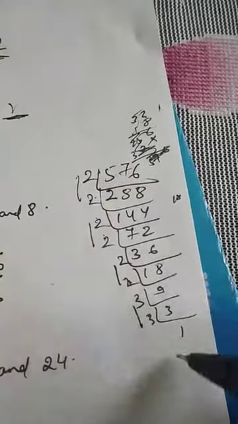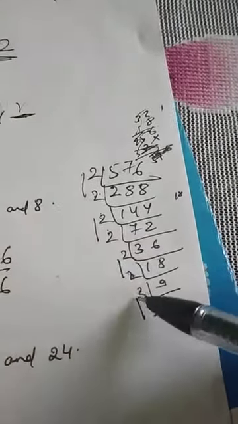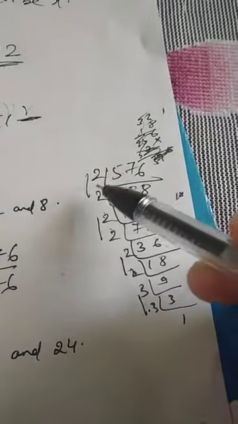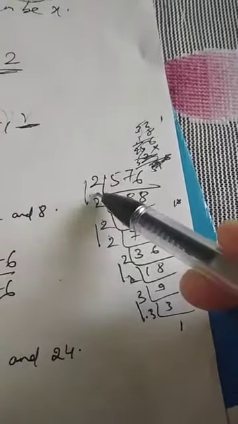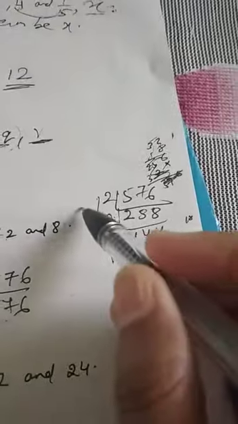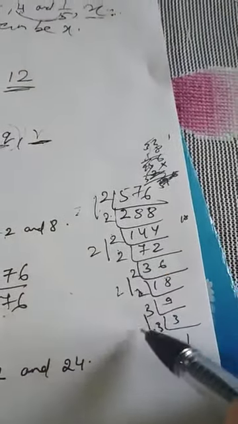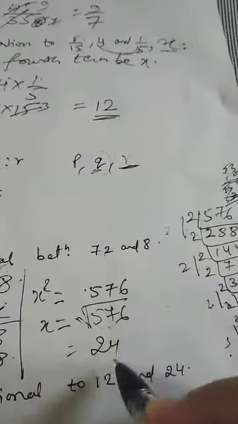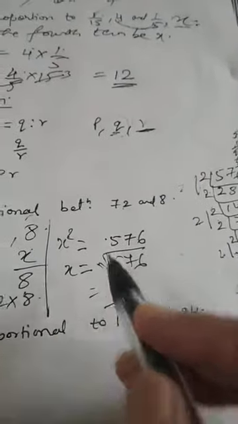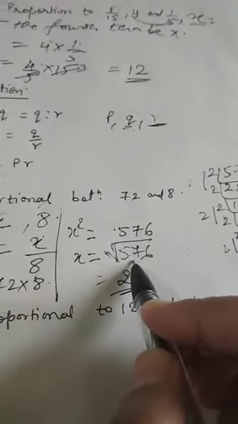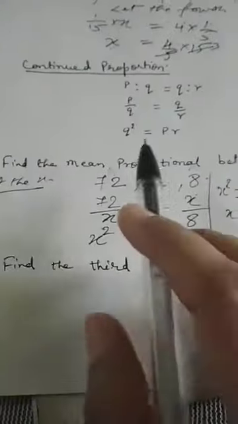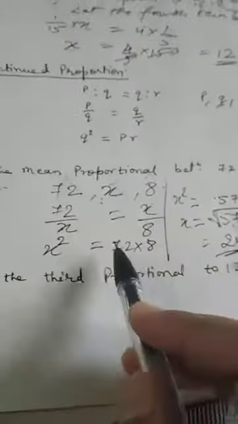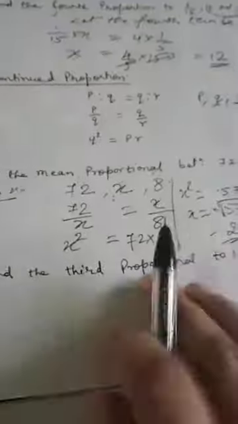Now you have to find its square root. Square root is very easy to find. Take the prime factors of 576. We get 2 in pair, 2 in pair, 2 in pair and 3 in pair. For each pair you take out one, so we take 2, 2, 2 and 3. 2 2s are 4, 4 2s are 8, 8 3s are 24. So the square root is 24. So the mean proportion is 24. This is the way you can find out the mean proportion.